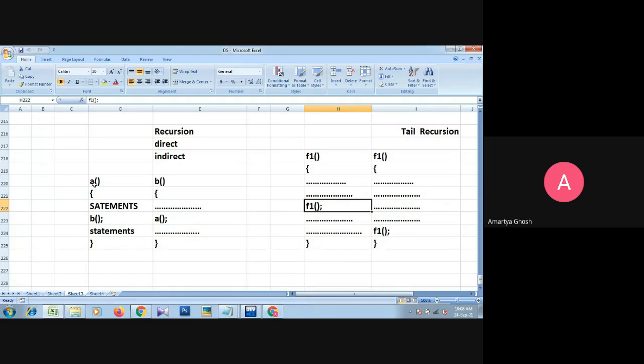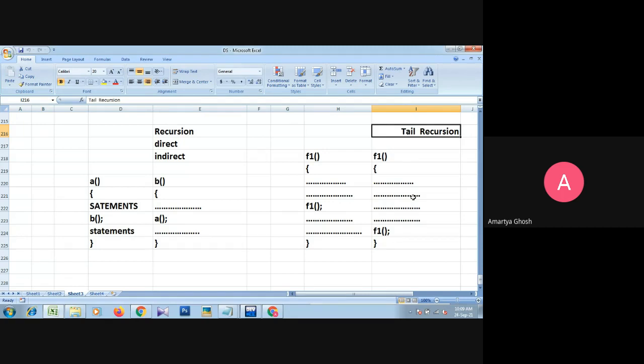But when a dependency occurs, meaning function A calls function B and function B calls function A, that is called indirect recursion. Another topic was tail recursion, where we understand that if the recursive function calls itself at the end of the body, that is called tail recursion.